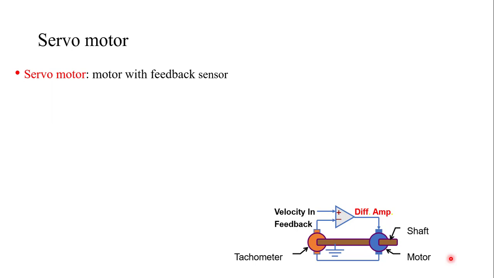Clear? Because whenever we run a motor, we do not know at how much RPM it is running. Let's say you require 1000 RPM, but your motor is running at 900 RPM. If you are using any other type of AC, DC or induction motors available in the market, you don't know the actual running RPM of the motor. So every time you have to check it with a tachometer.